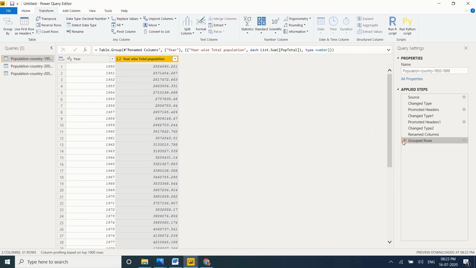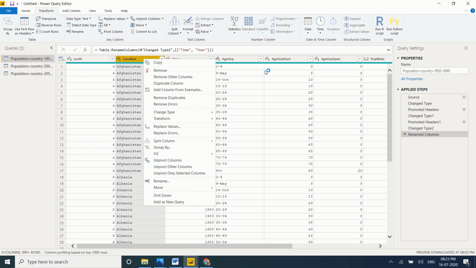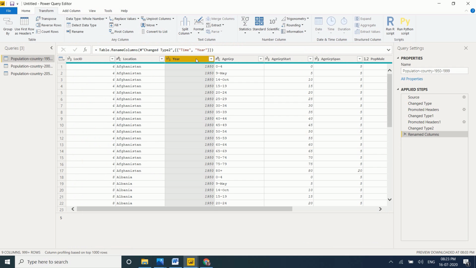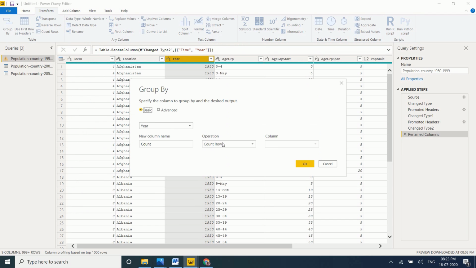If you want to do year wise average population, that also you can do it. Okay, just select year column, go to group by, just mention year wise average population.